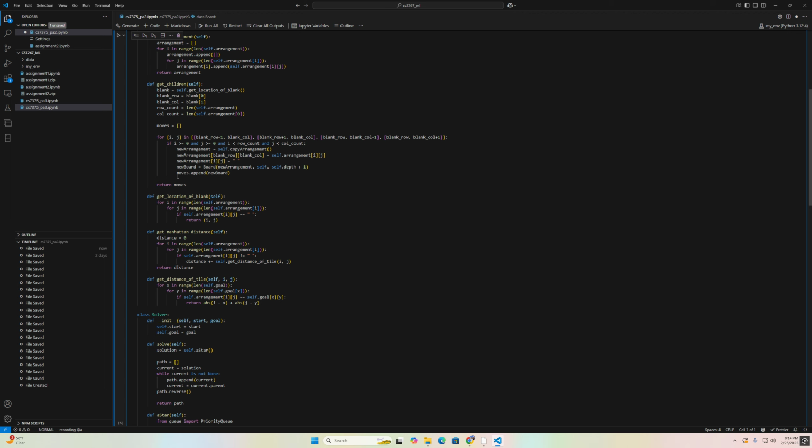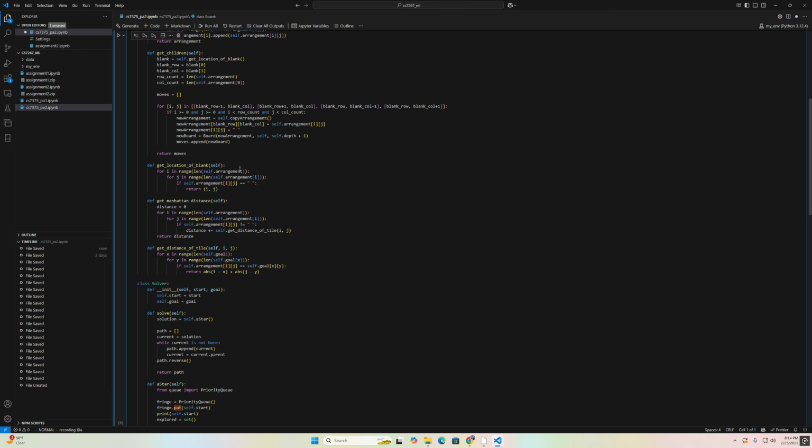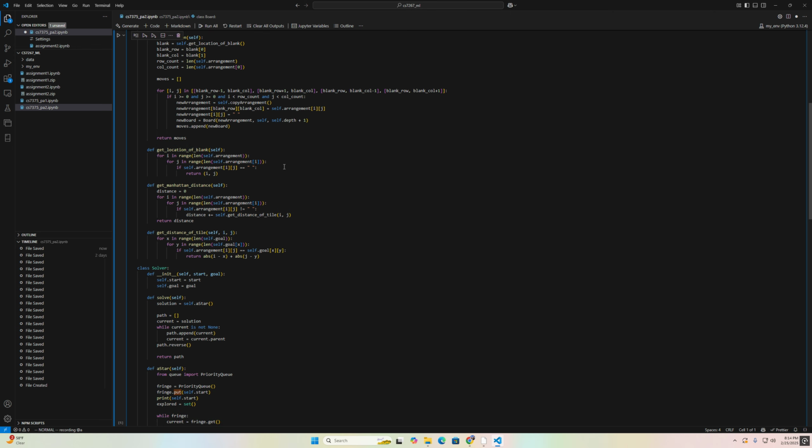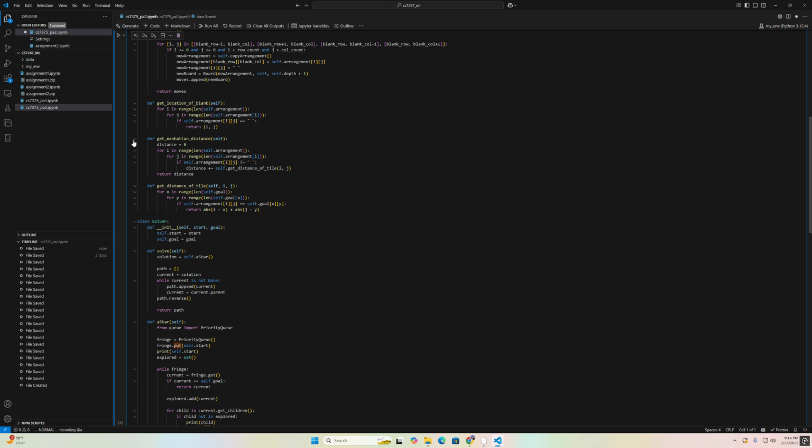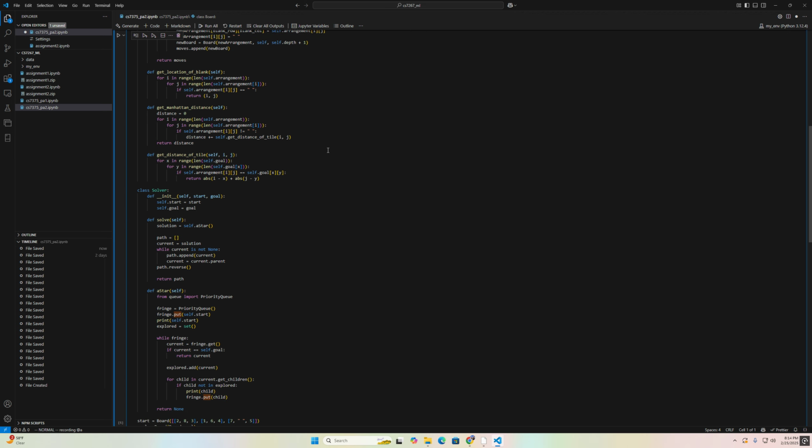And then just returning all those potential possible moves. This is the function for getting the location of the blank. It just walks through the arrays until it finds the blank and then it returns that position. This is the get Manhattan distance function, and essentially what it's doing is creates a distance variable, sets it to